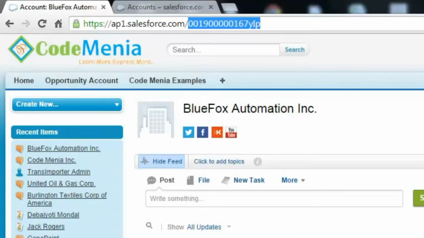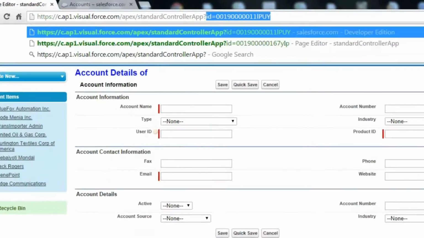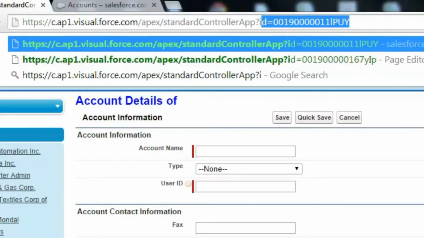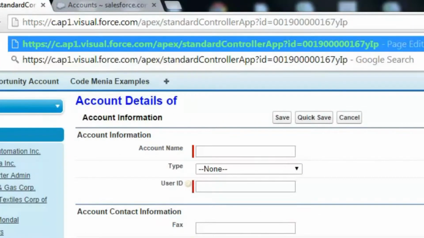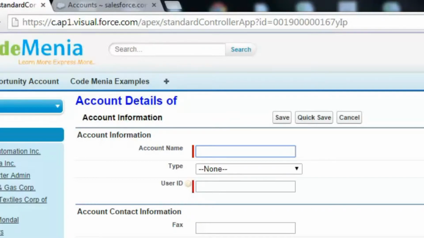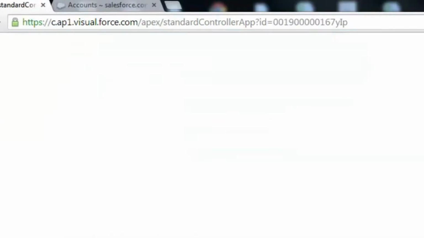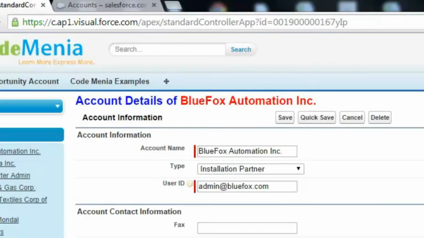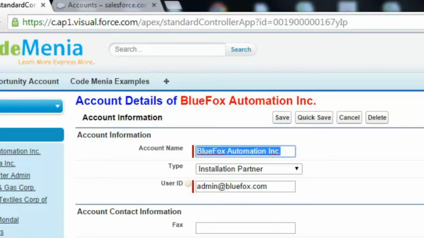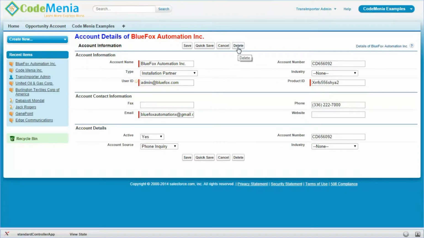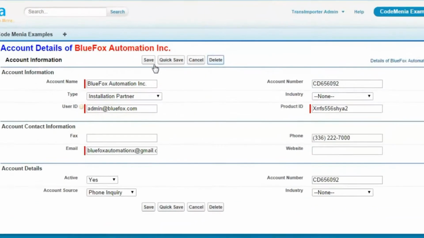Now again copying the ID and pasting it into the URL using this format, which will access the record details, we can also delete the current record using the delete method.